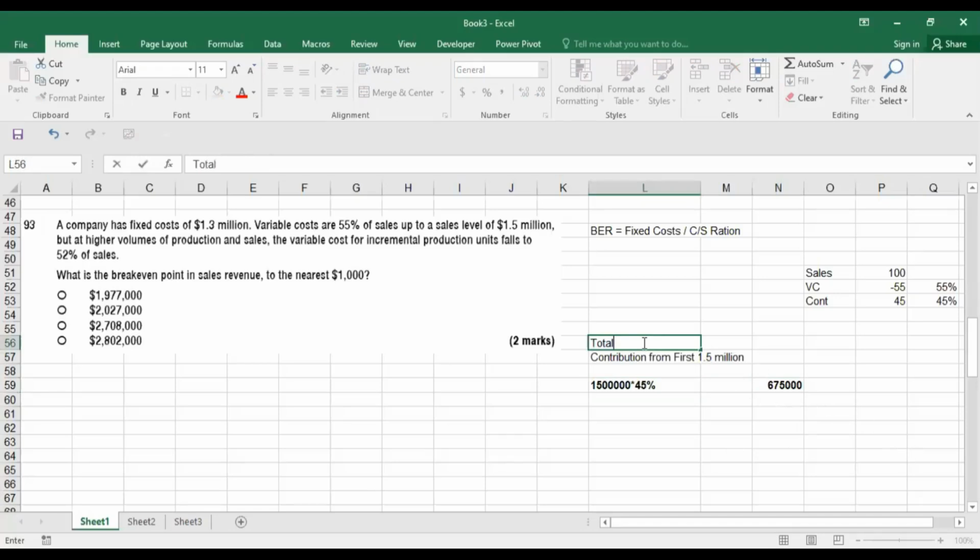Your total fixed cost, how much is the total fixed cost? Your total fixed cost is